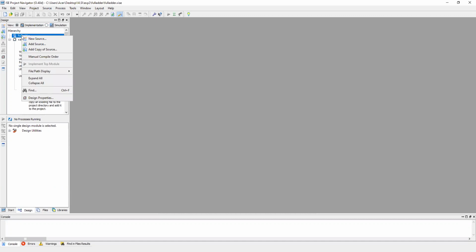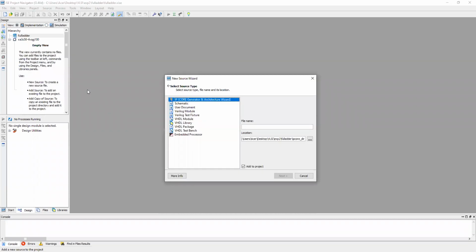There you have to choose New Source. You have to add a new source, and you will get this window in front of you. Again, I will repeat. First, you have to select New Project.